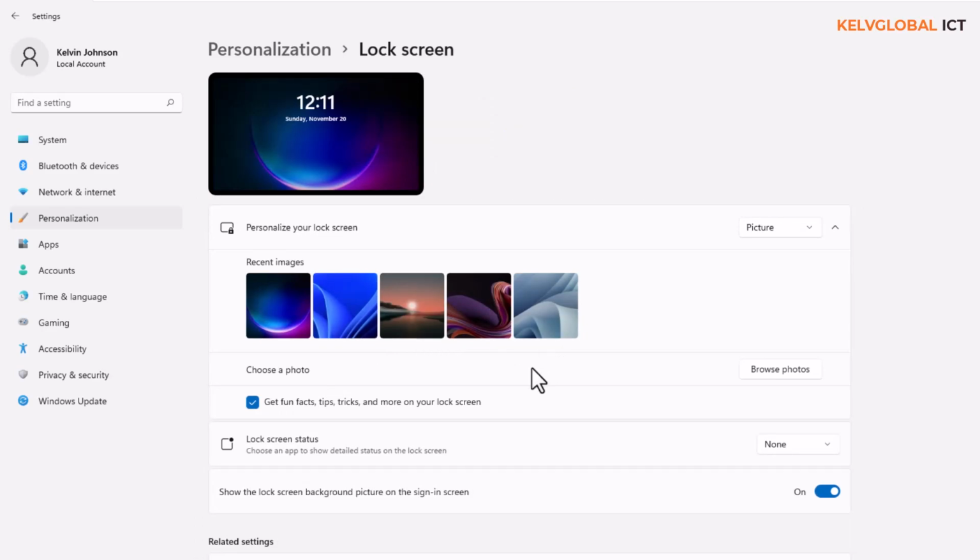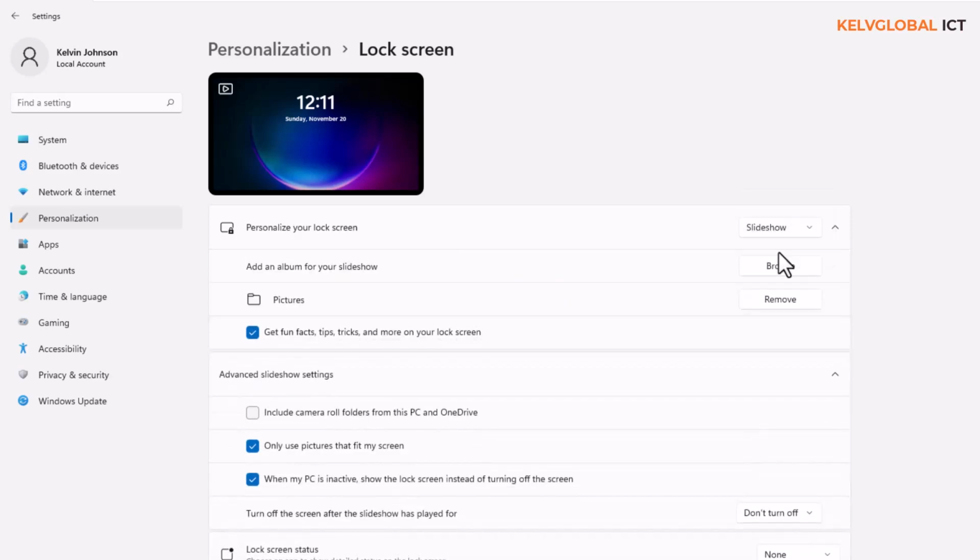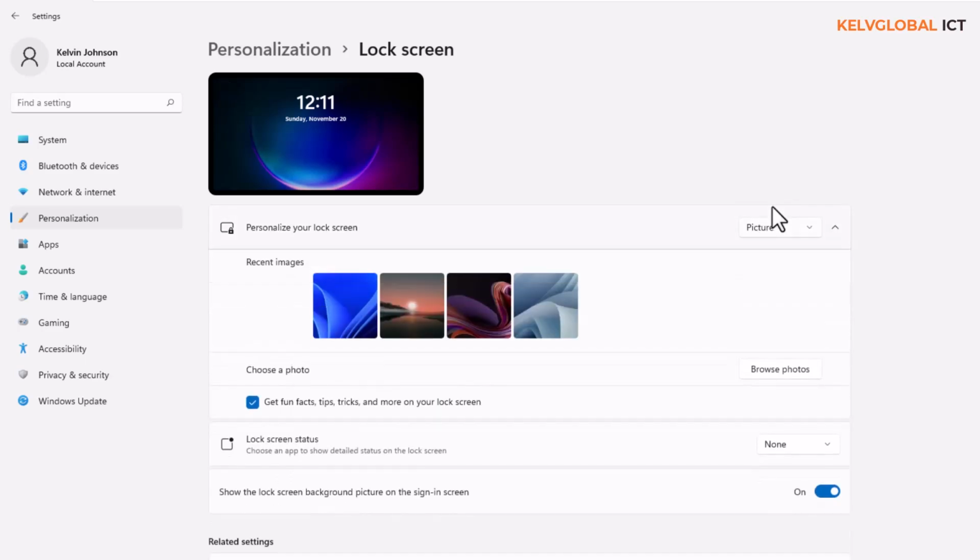At this moment, you can see here we have our lock screen status. You say personalize your lock screen. At this moment, I'm using a picture to personalize my lock screen. I can decide to go for a slideshow, which of course you're going to browse and import the pictures you want to use for the slideshow. But let me just go for a single picture. So at this moment, you can see I'm using this. We have this beautiful